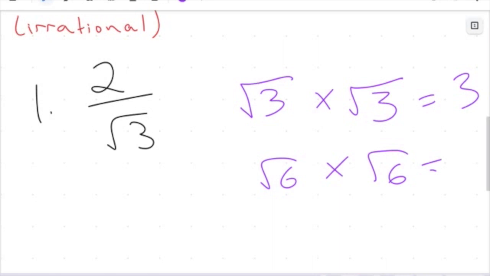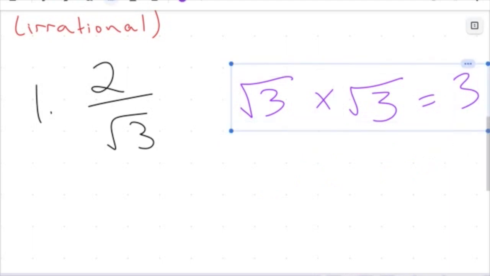But the easiest, the lowest, most simple rational number we can get to is going to be when we multiply the surd by itself. Root 6 times root 6 gives me 6, so on and so forth. So using this information,